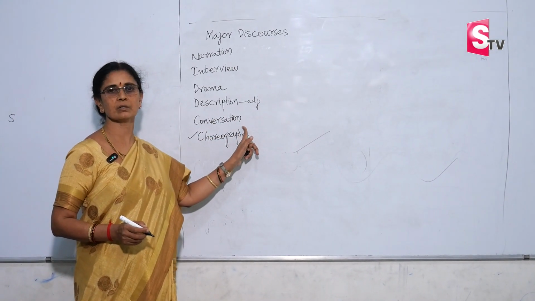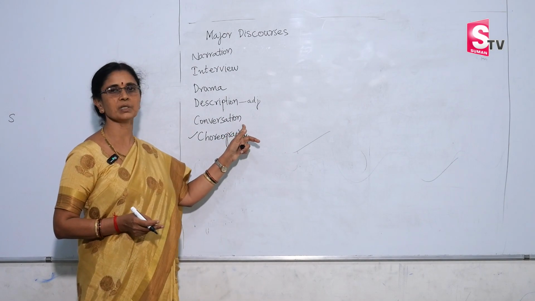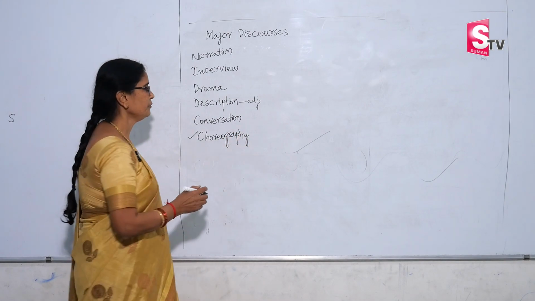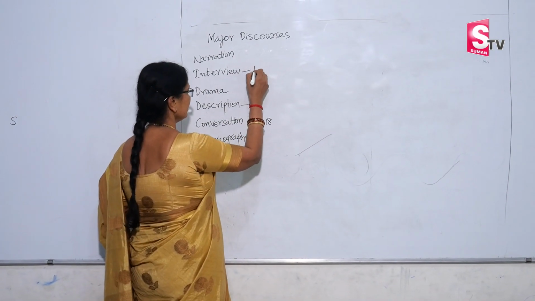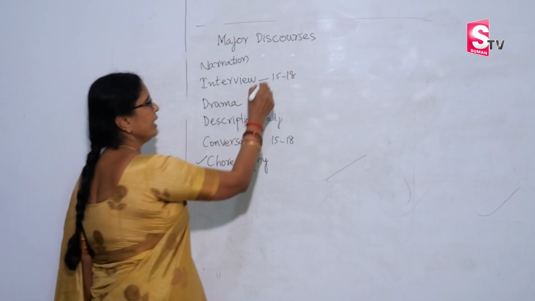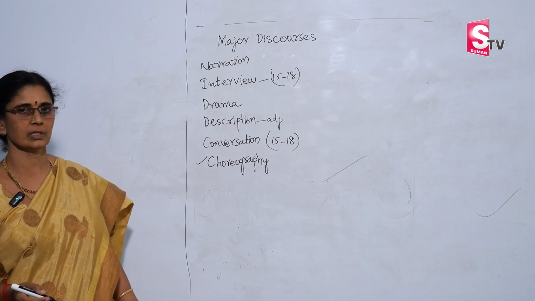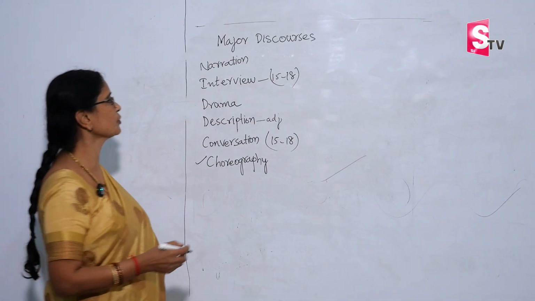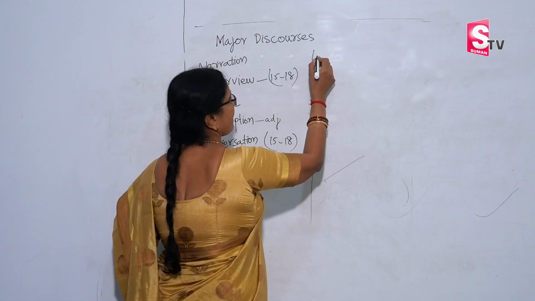And conversation is nothing but dialogue between two people. And how many exchanges do you need to write here? Nearly 15 to 18 exchanges you need to write for interview and conversation. Exchanges means a dialogue between two people is an exchange. Now these are the major discourses of group A, and coming to major discourses of group B, first one is